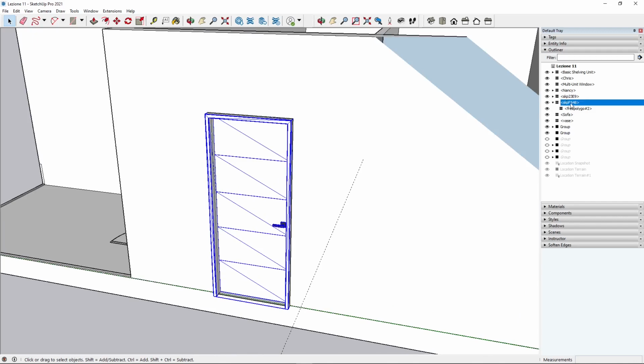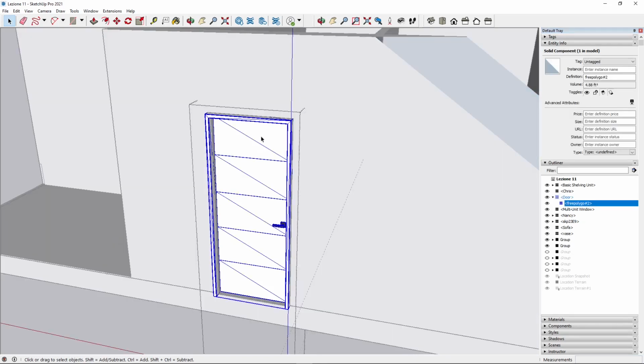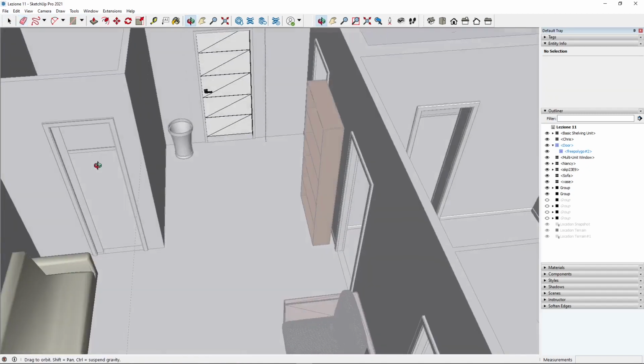Well, firstly, I can select it and go in the Entity Info and I can change the name. For example, I can call this door and do other things. For example, double click, and now I am inside the group, double click again, and now I am inside the door panel. So I can start perhaps to remove these lines, which I don't really like. I can use also the eraser. Well, not too many lines. I cannot erase everything, so be careful there. And okay, let's do also